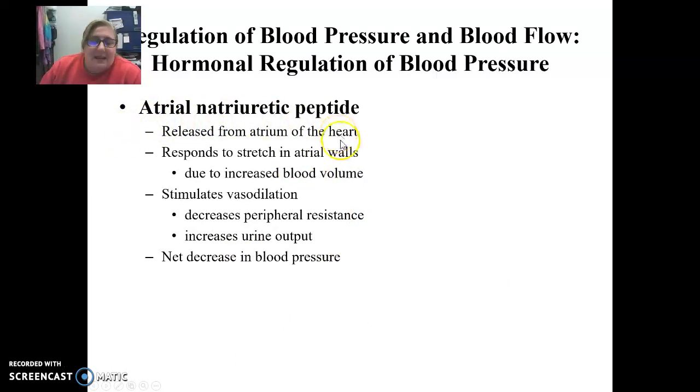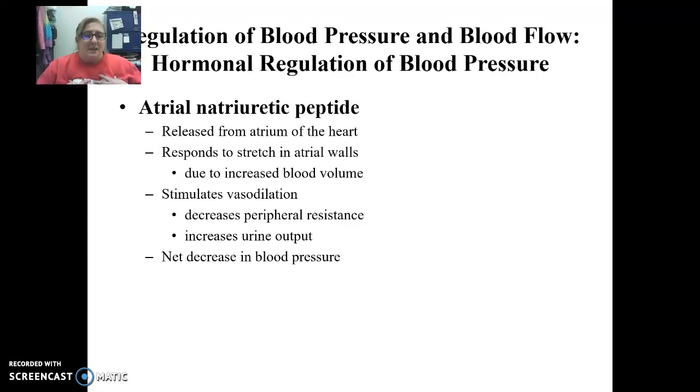So ANP is the opposite then. All these hormones increase blood pressure. ANP actually decreases blood pressure. ANP is released from the atrium of the heart. So we have right and left atrium. In the right atrium,